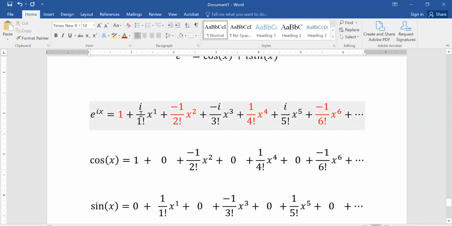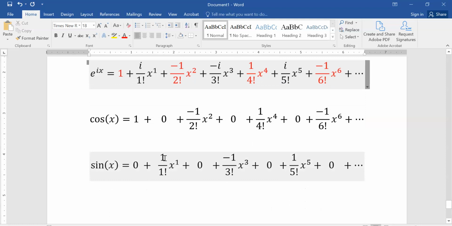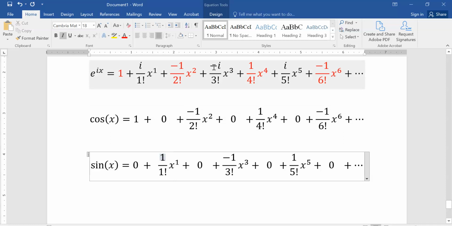And the odd powers, we got i over 1 factorial x to the 1st. That almost matches up with sine x, except the numerator is a 1 instead of an i. And similarly, we have a negative i for e to the ix on the 3rd power, but we have a -1 on the 3rd power for sine x. So if I just multiply sine x by the imaginary number i,